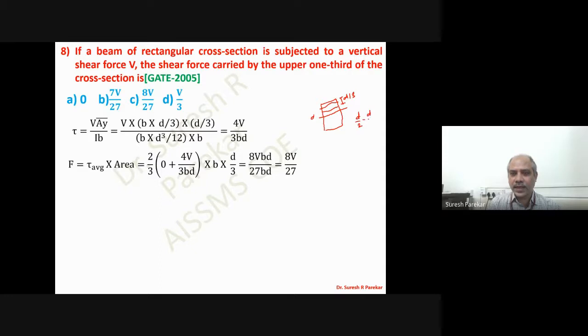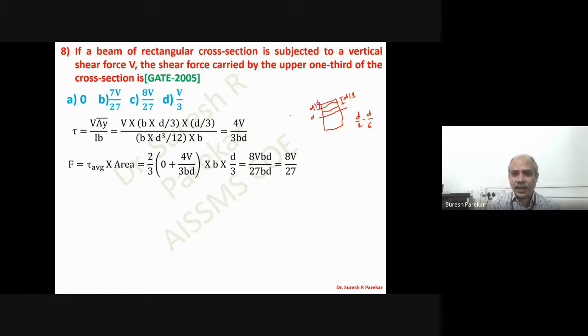And then we will get this as 6. So we can say 3 minus 1, 2, and that will be 3. So we have D by 3, because half of this we have considered. So half of this from top is D by 6. So we can cancel this D by 6 from D by 2, so automatically we will get that value.